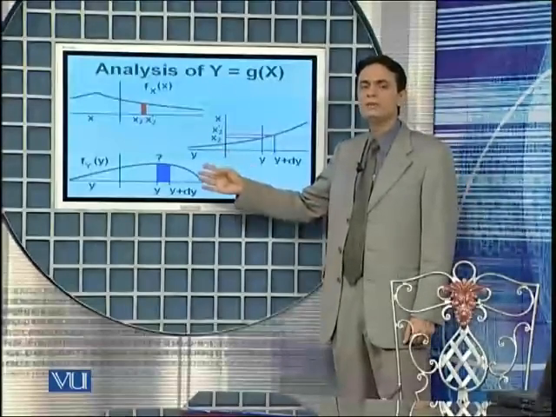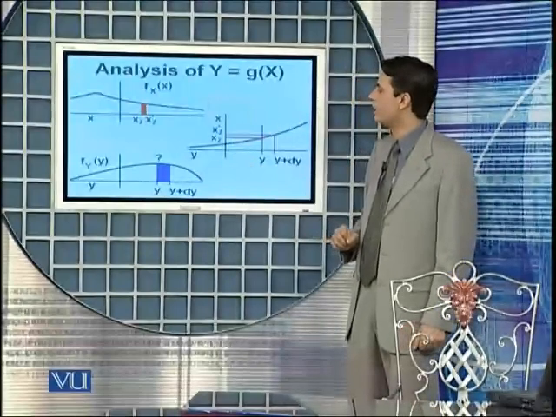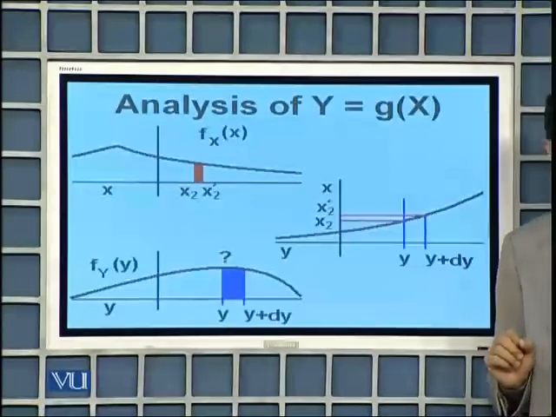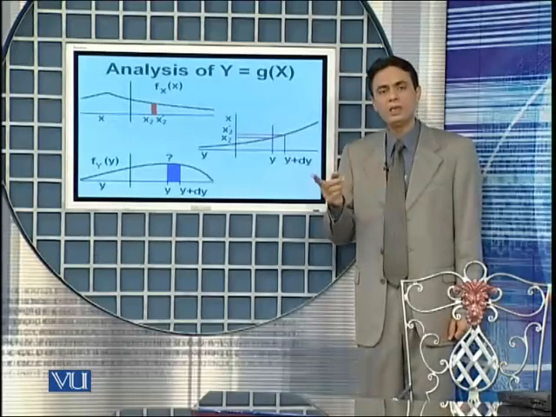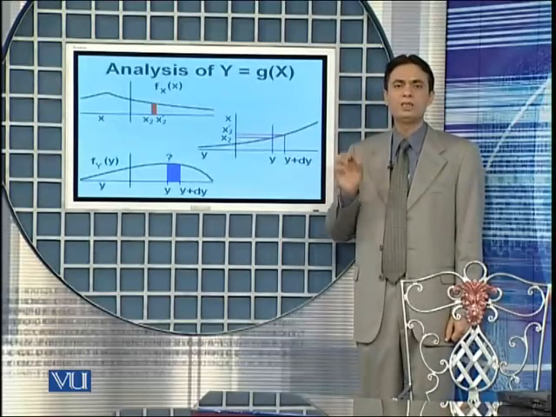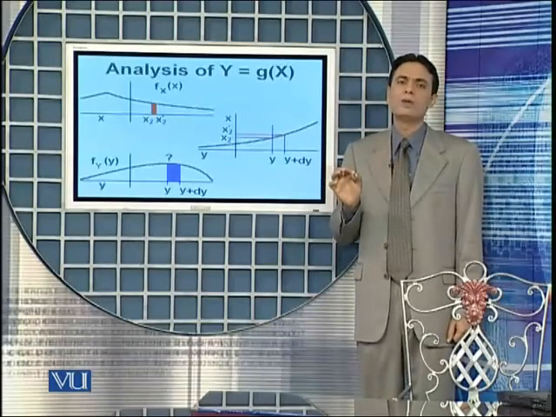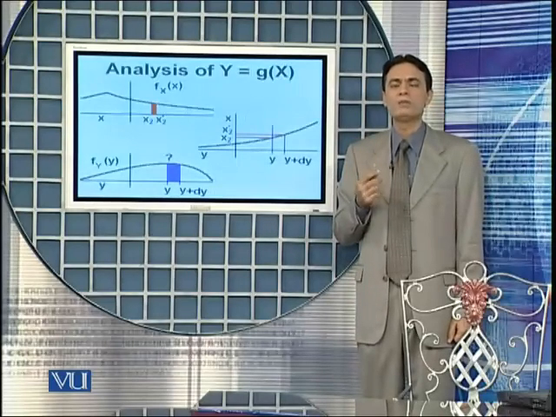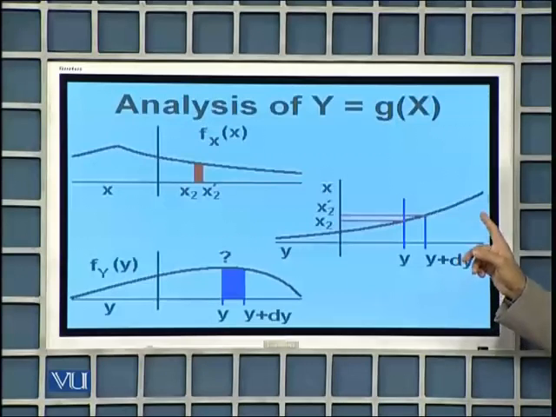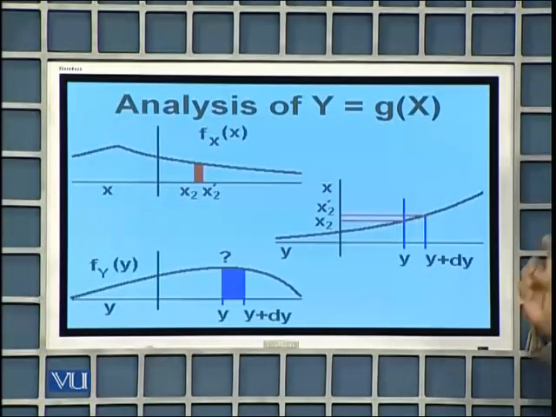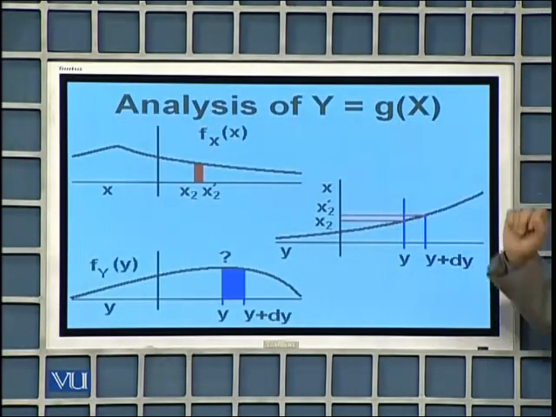And to reach this PDF, we need a function g which relates the values of x to values of y. If there is a function g which relates values of x to values of y, there is a corresponding inverse function, say h, which is g inverse, in such a way that composition of two functions g and h is a unity function which maps the points to themselves. Here on your screen, I have drawn this inverse function, and I have assumed that for this simple case, this function g is invertible